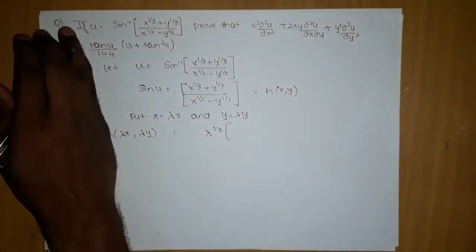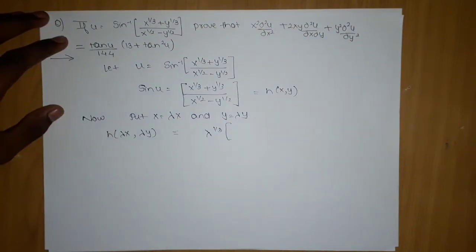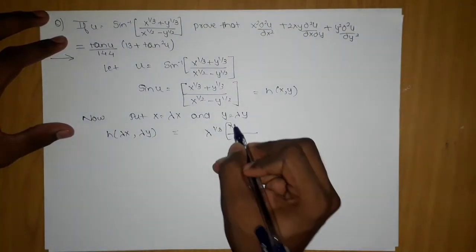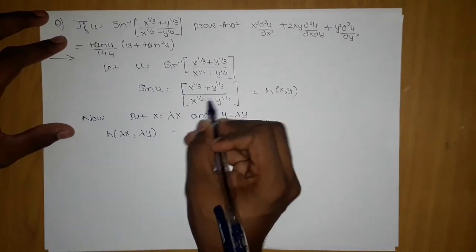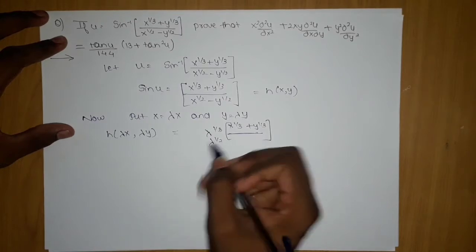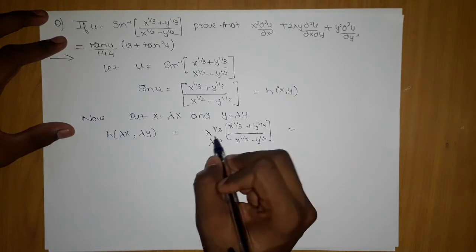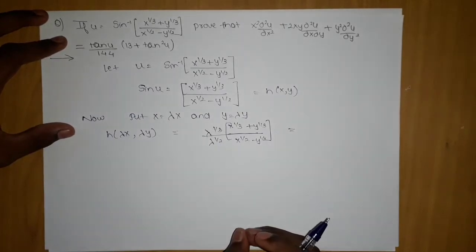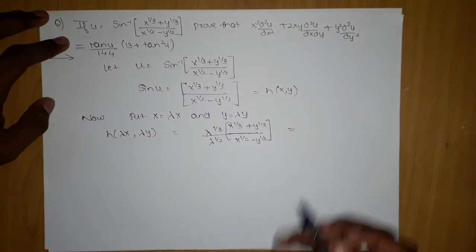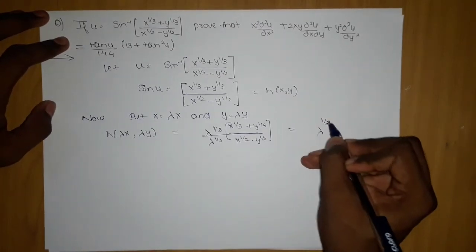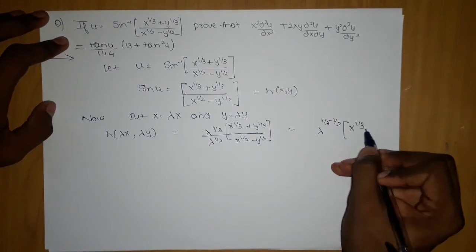I know I am going to take lambda 1 by 3 outside from here. That thing I know, clear-cut, so I'm going to take it directly outside. I'm not going to waste my time. So I will write here x power 1 by 3 plus y power 1 by 3. From here I know lambda 1 by 2 will come outside, so x power 1 by 2 minus y power 1 by 2. That means you have grown up so much that you can understand this basic step, I can skip it, although you need to show those steps in the examination. I am again mentioning. So lambda power 1 by 3 minus 1 by 2. My aim is that you should understand the concept.